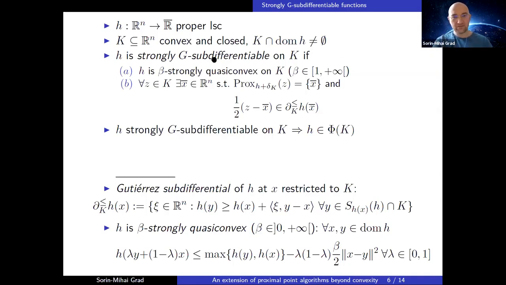Anyway, this class of functions fulfill the definition of prox-convexity, so at least these functions are prox-convex. And this is, as also the name says from the definition, a subclass of the quasi-convex or the strongly quasi-convex functions. So we found a class of functions which also intersects the one for which the existence result due to Felipe and Alfredo holds.